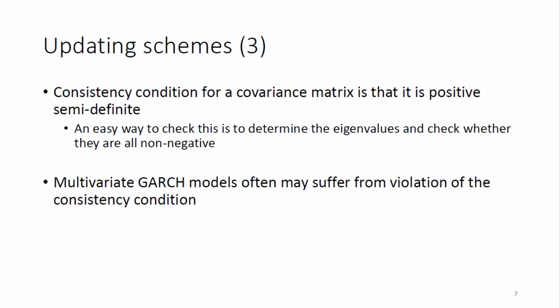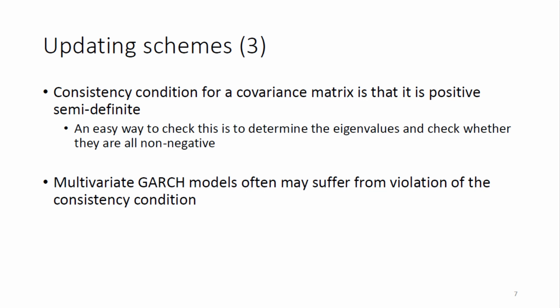So this consistency definition of using the same lambdas for the updating scheme, for the covariance, and for both the volatilities, is an important one. The consistency condition in general for a covariance matrix is that the matrix needs to be positive semi-definite. And really what that means is that if you would determine the eigenvalues of a covariance matrix, then all these eigenvalues need to be non-negative. So they need to be positive or zero. Otherwise, we cannot take the square root of the matrix, and it's impossible to generate